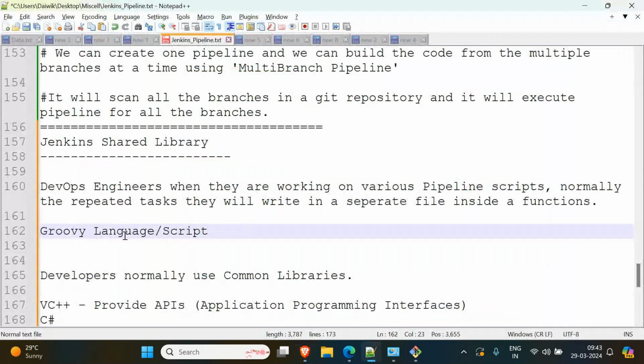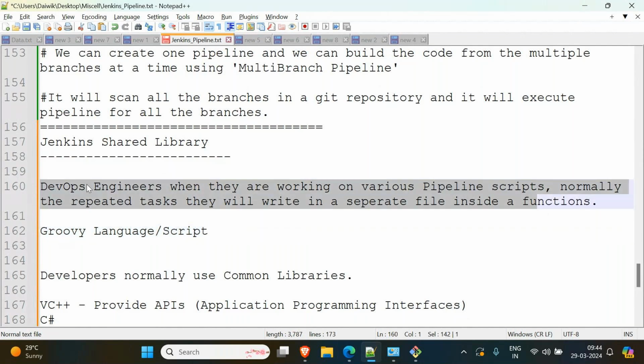So the DevOps lead will inform us that we already have a library. Do not write scripts from scratch. Go through the library, understand it, and use the functions inside that library in your pipeline script. Don't write again. Why? Because these scripts, written by previous DevOps engineers, are already well tested and working very well. They have no issues. So whoever new person joins, the lead will tell them to use the existing libraries only